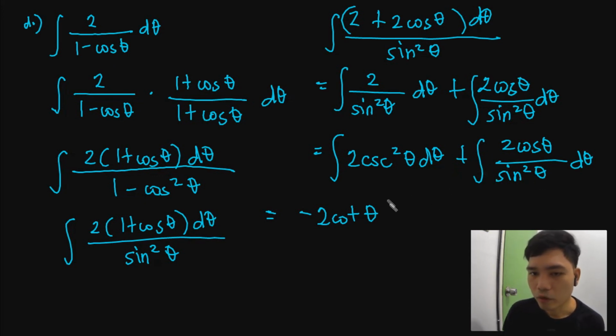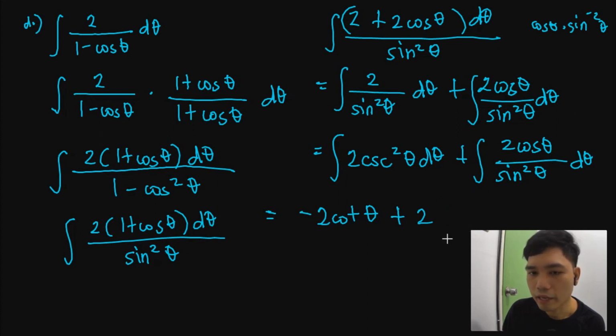So this one, I'll just copy the scalar multiple, which is 2, and then the antiderivative of cosine theta divided by sine squared theta would be something like, this one can be written in terms of cosine theta times sine to the negative 2 theta. So with this, I can now apply the power rule. So this becomes sine raised to negative 1 divided by negative 1. So this becomes,